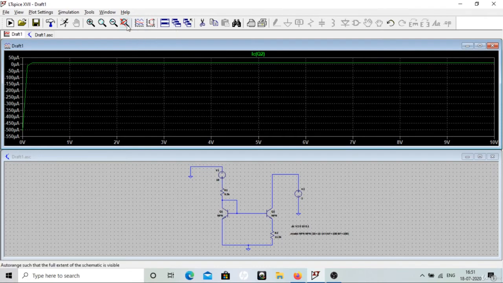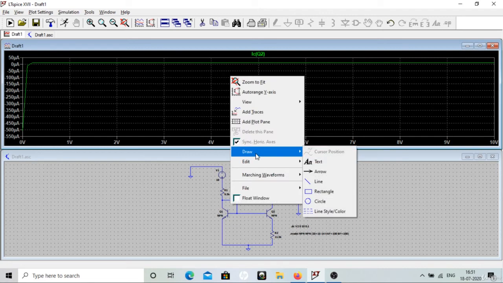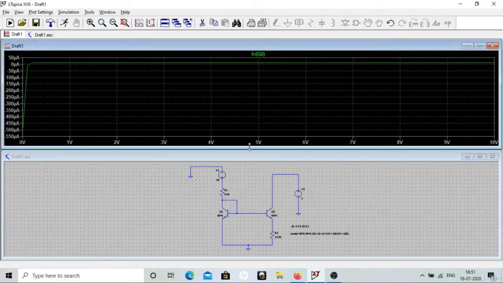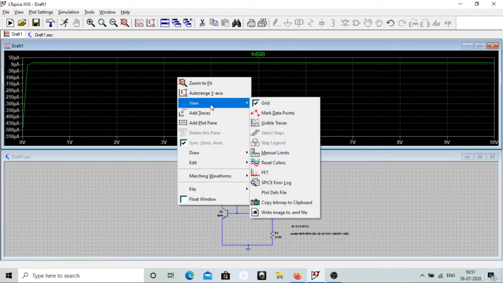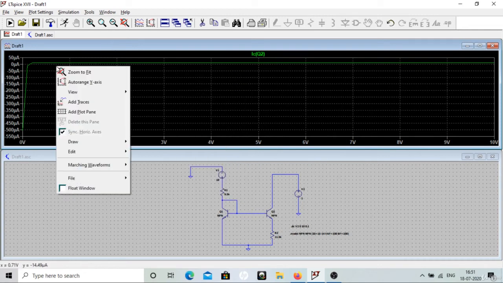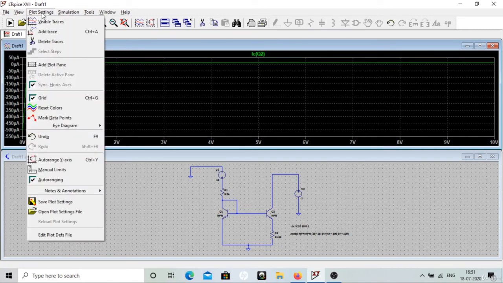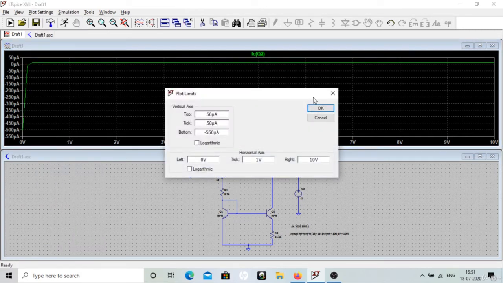I forgot how to change it. Okay, here you can see plot limits.